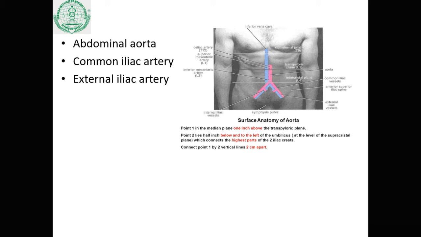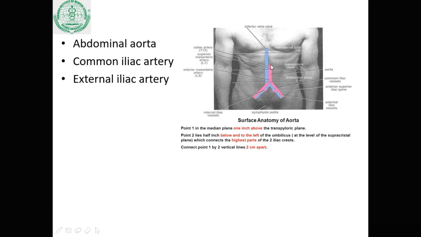A point is placed in the median plane around 2.5 centimeters above the transpyloric plane, and the second point 1.2 centimeters below, and the same distance from the median plane, that is 1.2 centimeters below and 1.2 centimeters from the median plane, and join these 2 points